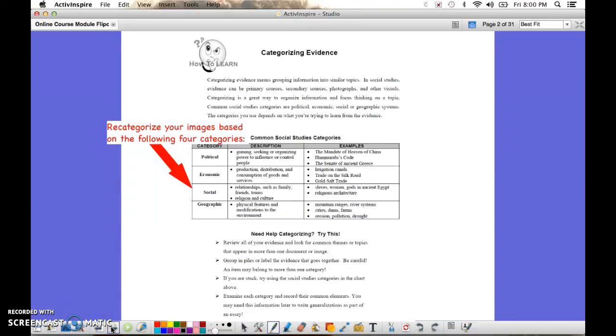Okay, now that you've had an opportunity to look through the various images from the Middle Ages, I want you to now take a look at the How to Learn document that is also on our class website for lesson 1, called Categorizing Evidence. Essentially this gives you a framework for how we are going to categorize evidence in our social studies class. And you're going to do this using 4 main social studies categories: political, economic, social, and